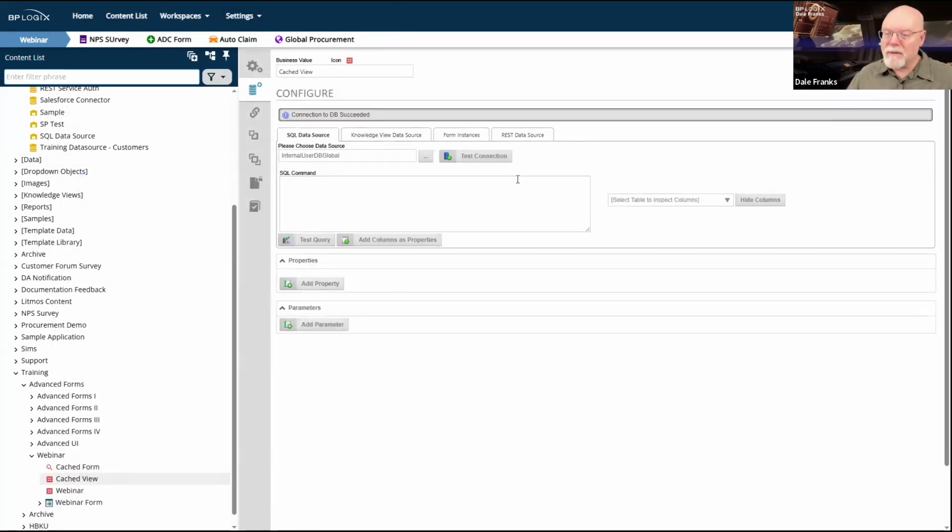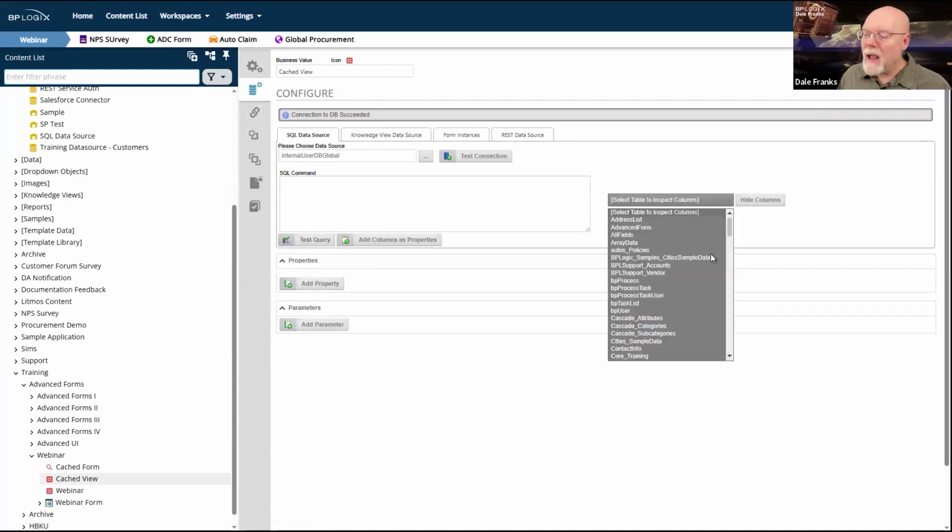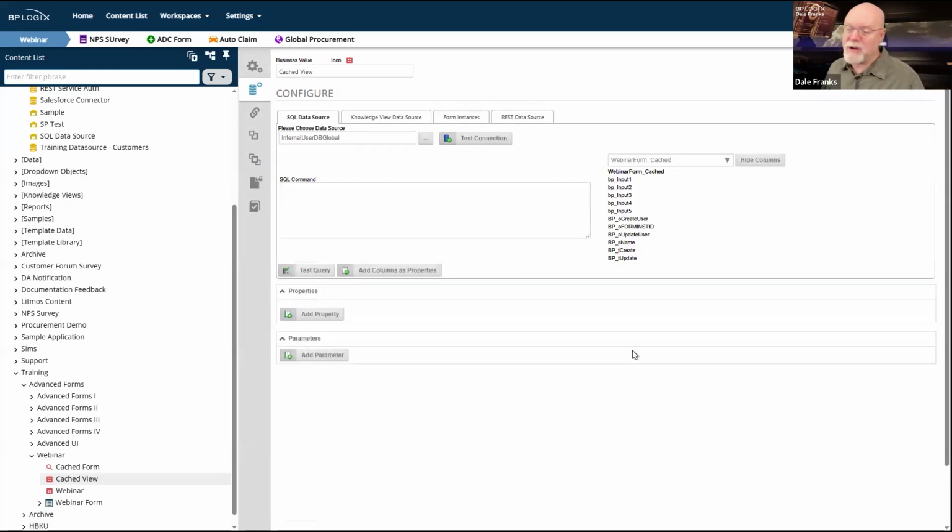Test it, testing completed. It's going to show me all of these tables, so we scroll all the way to the bottom and grab our cached table. All we care about is the input. These are the actual fields that get created in the view automatically when we create it. It's probably going to be a little hard for you to see.